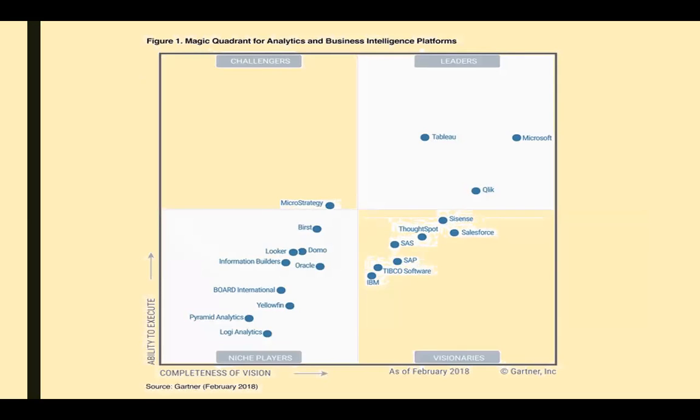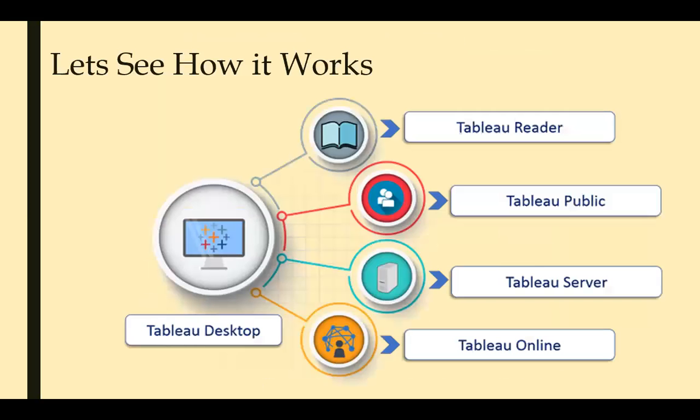We will be discussing more on Tableau. In case of Tableau, let's see how it works. The entire structure is basically on Tableau Desktop. In Tableau Desktop, we have got Tableau Reader, Tableau Public, Tableau Server, and Tableau Online. Tableau Desktop is a paid application, but a 14-day trial is available, and also a student edition for 1 year